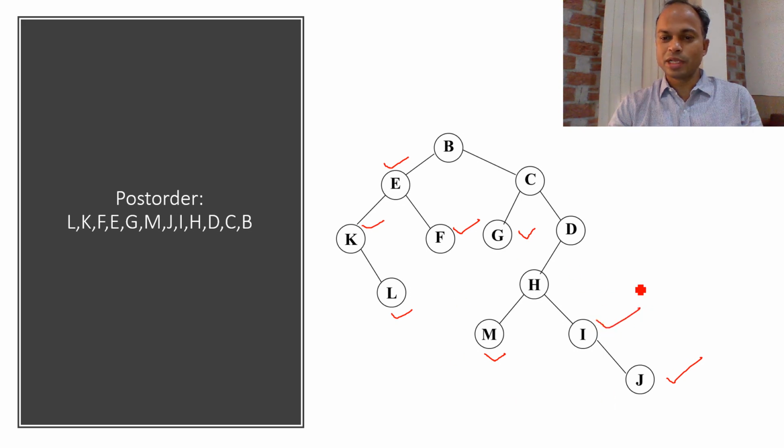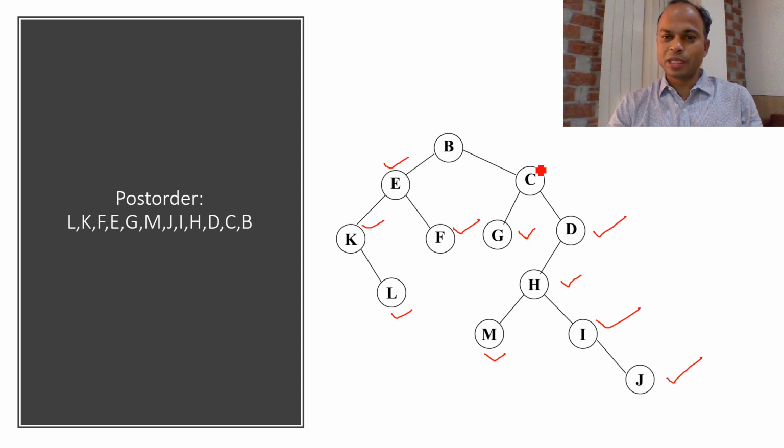If we talk about this subtree, left subtree has been visited. Right subtree has been visited. Now we have to visit the root. We have visited H. If we talk about this particular tree, left child has been visited. No right child is available. Therefore, we have to visit the root. I mean D has been visited.